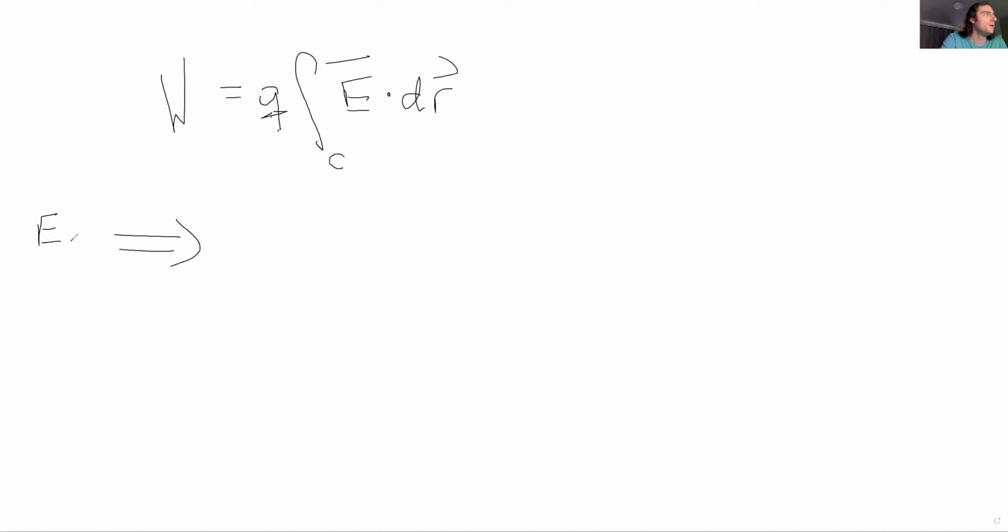if the curl of E is 0, then that implied that it didn't depend on the path anymore. So the integral on C1